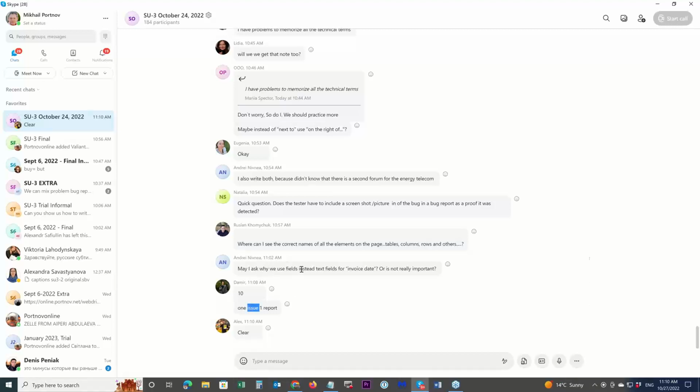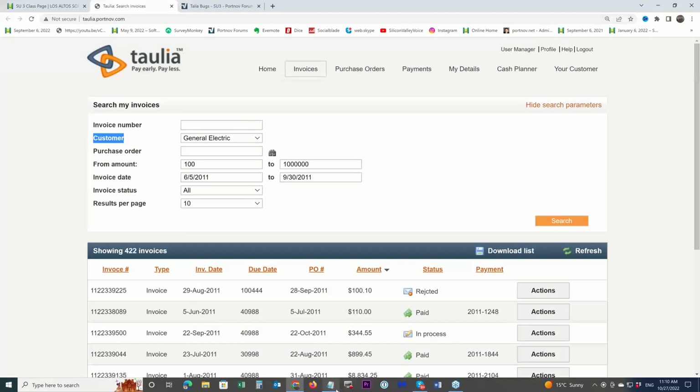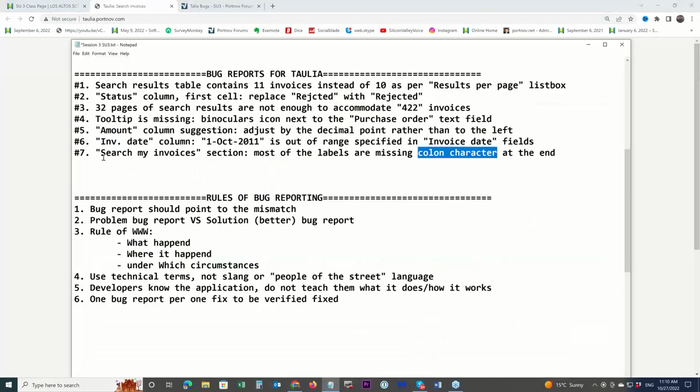Why do we use fields instead of text fields for invoice date? Where is that invoice date? Is it in my bug reports? Invoice date. In text fields. Okay, let's say text fields. Yeah, text fields.